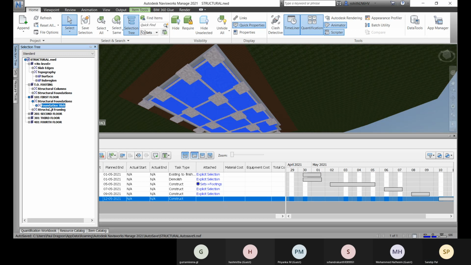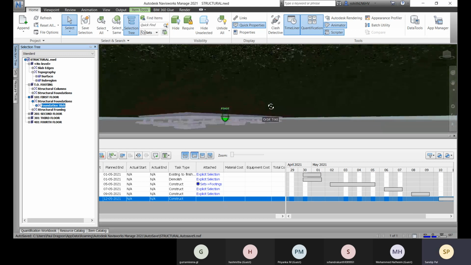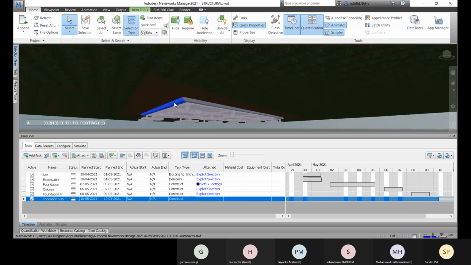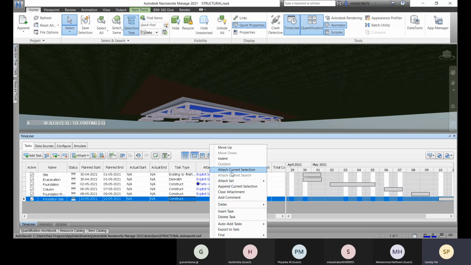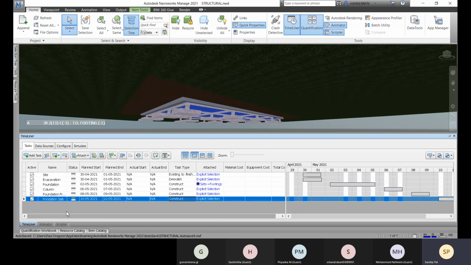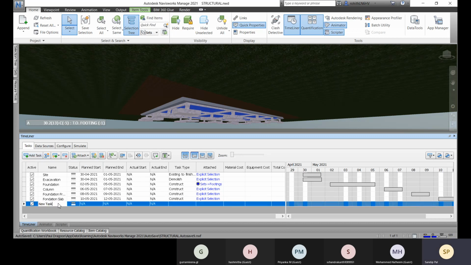Okay, use that. Foundation slab, right click and go for attach current selection and go for add task. So go for slab age.